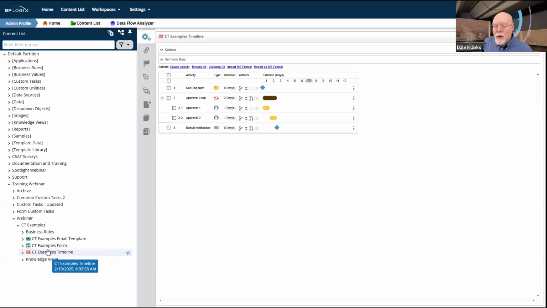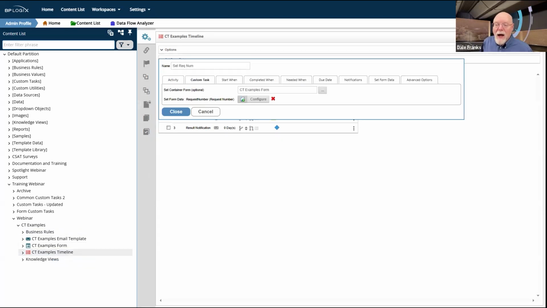Now, there is another use case for the set form data custom task, generally in a process timeline and unrelated to the request number, which is when I am going through a process. There are certain times when, after reaching a certain point in the process, I'm going to want to check on some other object to check its status, or I'm going to need to go into some sort of external database and check the status of some object in an external database.